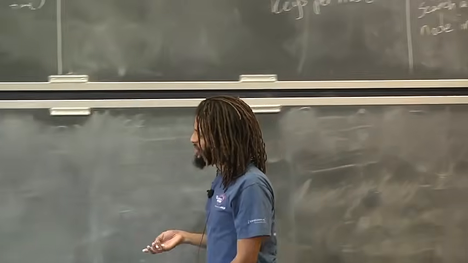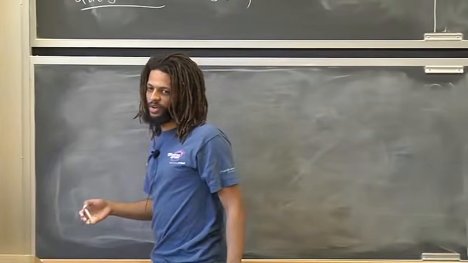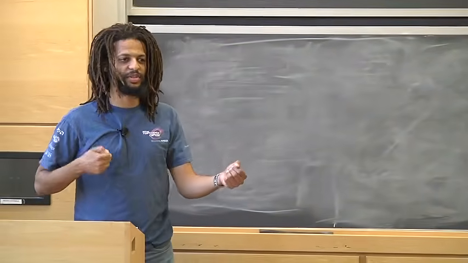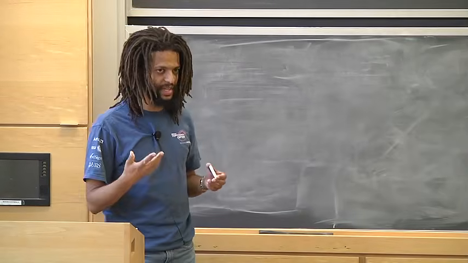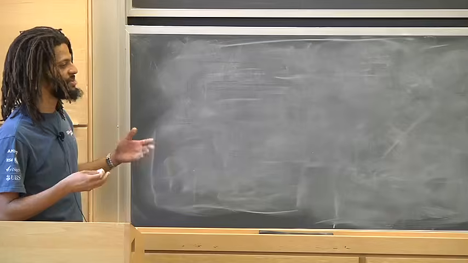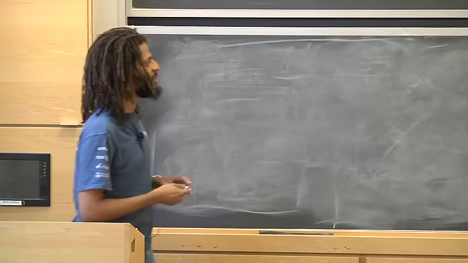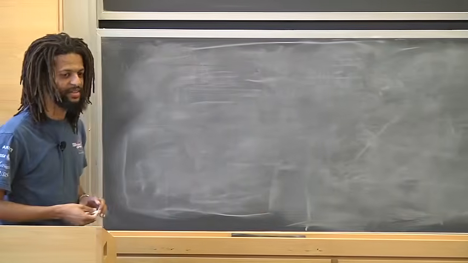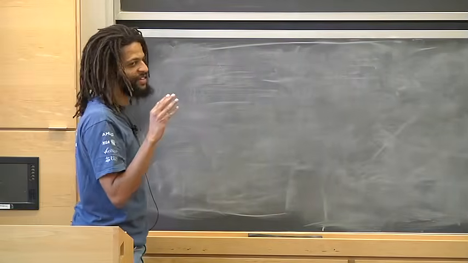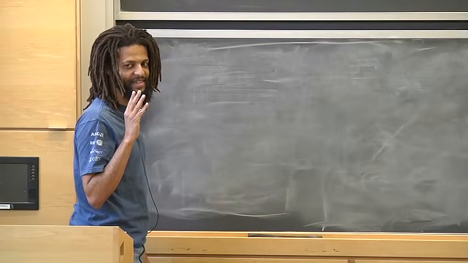So with van Emde Boas trees, using the word RAM model, we exploited the fact that keys were themselves also kind of memory addresses, and that's how we were able to beat this comparison-based lower bound. Here we're going to go way more overboard with using the power of the word RAM model. Okay, so you're going to see a lot of bit tricks in this lecture.